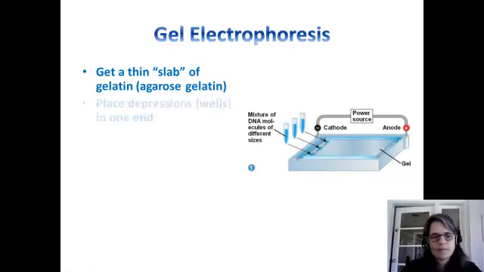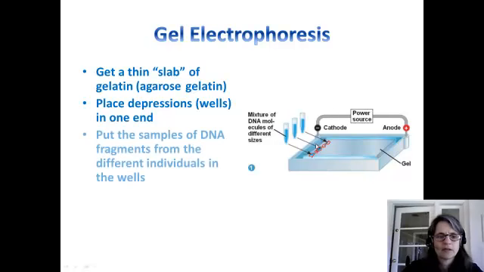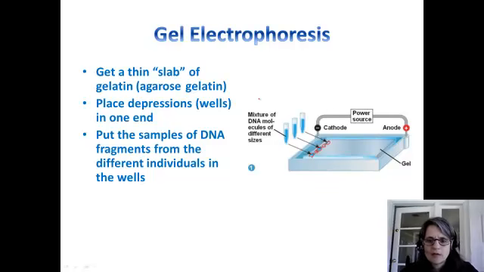And you will place little depressions, little holes. They don't go all the way through the gel, but little depressions in one end of it, and those are being highlighted here at this end of the gel. Okay? And then, if you've got DNA that you have cut up using restriction enzymes, you've got some samples in